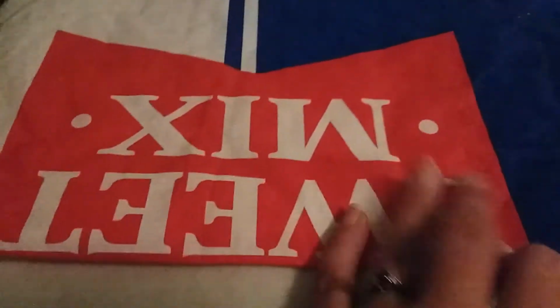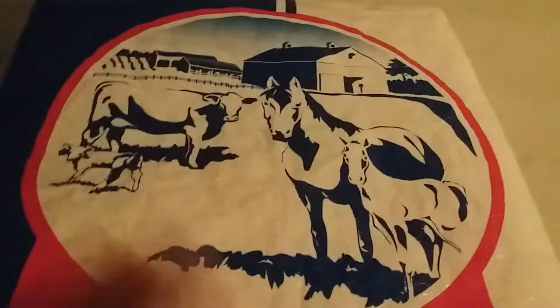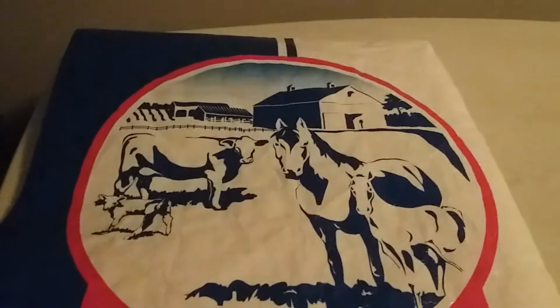Alright, now make sure we smooth our folded edges down a little bit more, now that we have it right side out. Let's work that down a little bit. There we go. Alright, now let's see how this turned out. Hey, we're pretty spot on. Okay. This edge, I need to note that, oof,